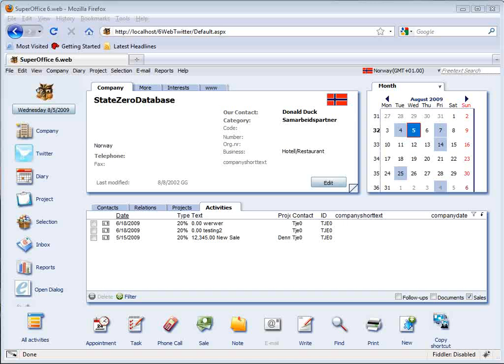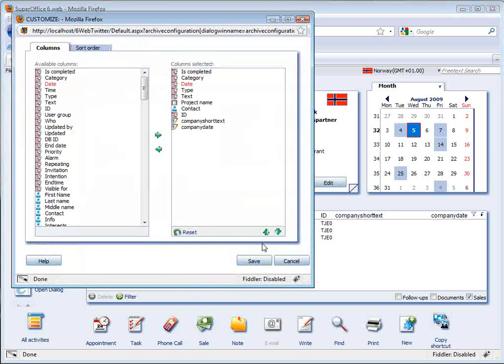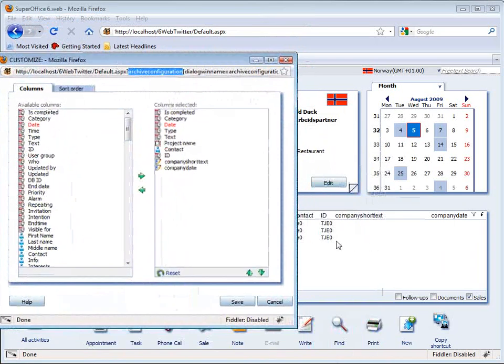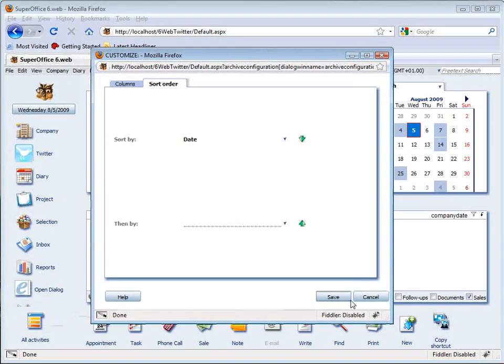In this video I'd like to cover how to create a context menu so that when you right click on the header of an archive control, you get this menu displayed for sorting, configuring your sort order, configuring your columns, etc. So that when I click on, say, configure columns, for example, it opens up the archive configuration dialog and shows me the columns that I'm allowed to see inside my archive control, as well as the sort order that will be in effect when those items are